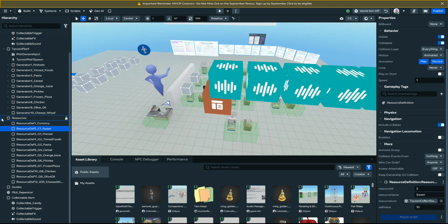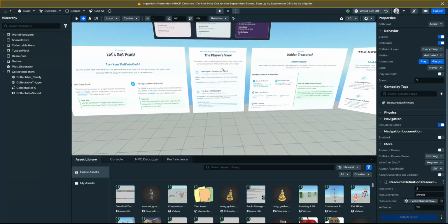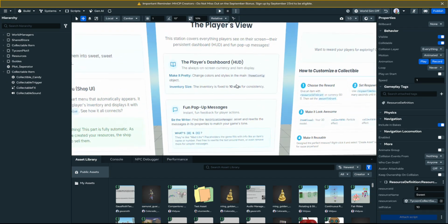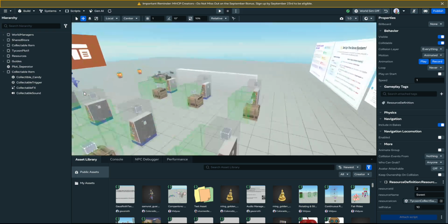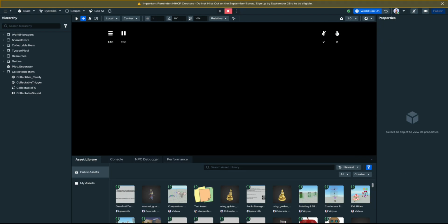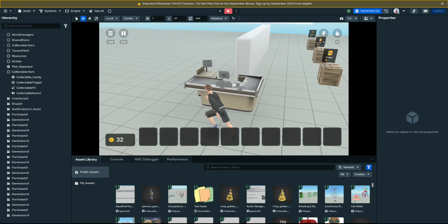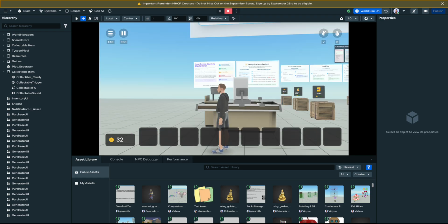We have the player view, the HUD. This is cool. So the player view and HUD, this is your inventory bar while you're playing the game. Now this and the shop can all be edited without any coding whatsoever, and that is done via